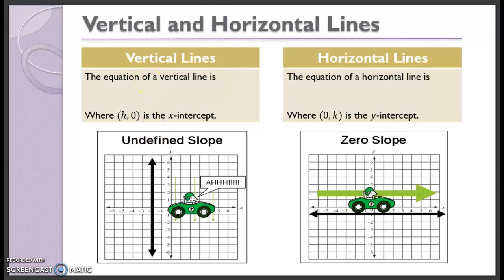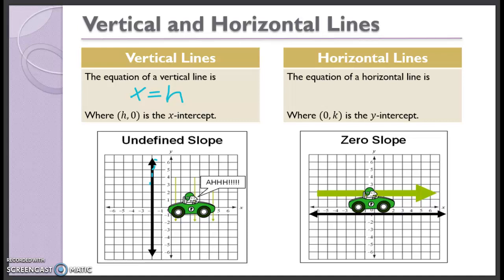What does the equation of a vertical line look like? The equation of a vertical line is always going to be x equals h, because x is always going to be the same value along that line. Okay, now for a horizontal slope,